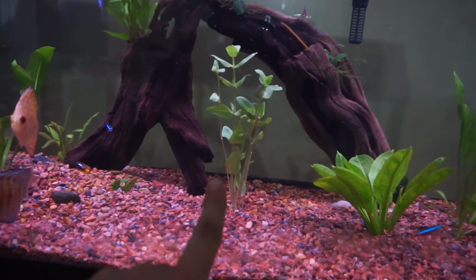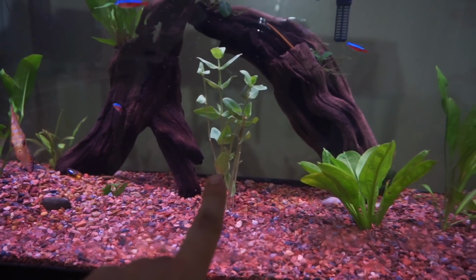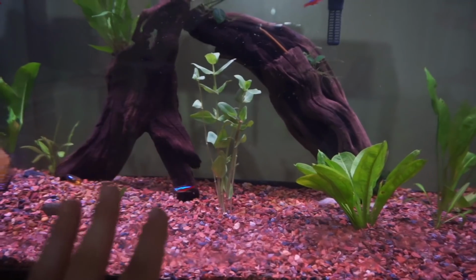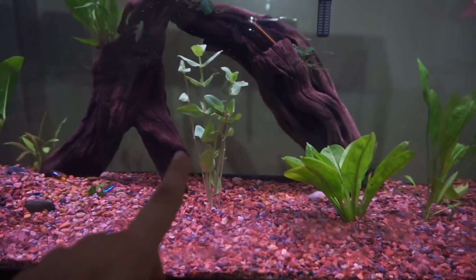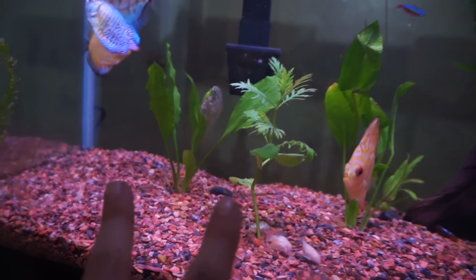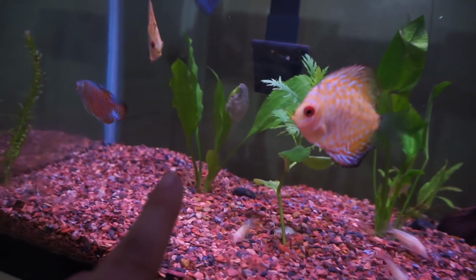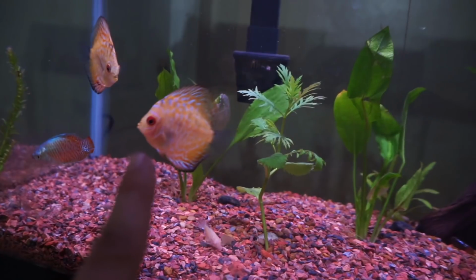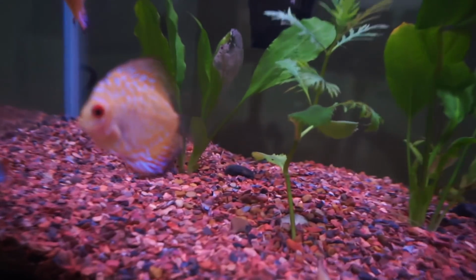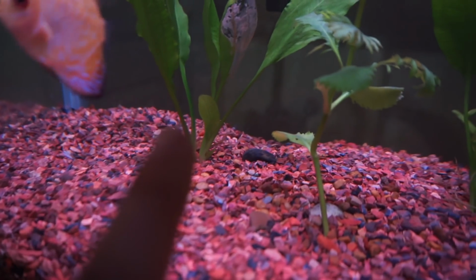So I think this is Bacopa right here. I have no idea if this will do well in the high temperature because the Discus tank is 84 degrees, so we'll see what happens. And then my Amazon sword, which I had bought immersed grown, is starting to melt back. You can see that leaf looks really sad,